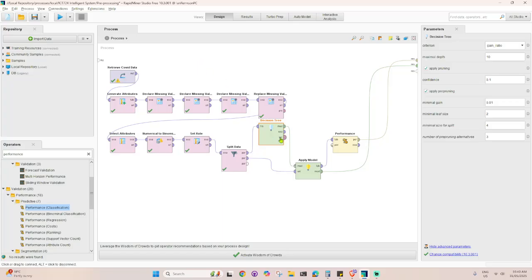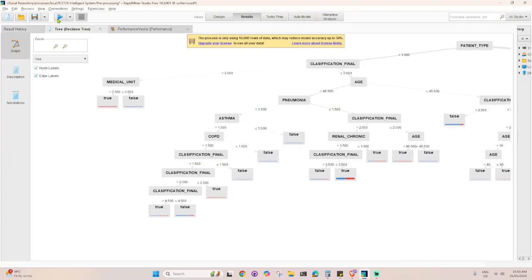So it's not as credible compared to the 1 million data, of course. But in order to proceed to it, we need to upgrade our RapidMiner, which is pretty expensive. So we'll just use the 10,000 data for this example. So let's run it.